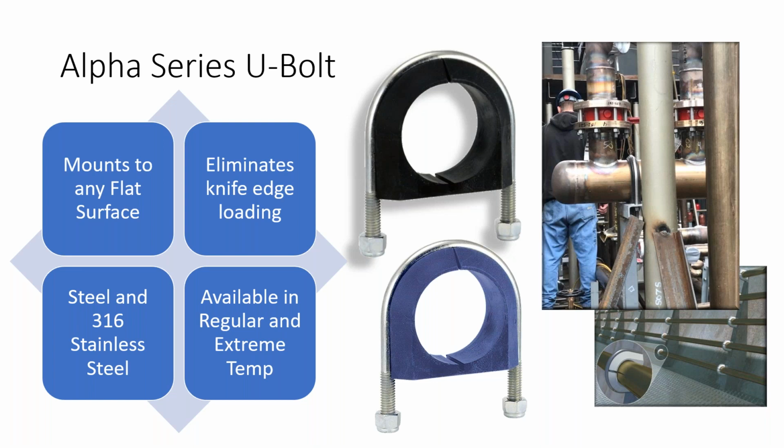The Alpha Series U-bolt has a living hinge, as you see right here. So that makes it easy to open the clamp. All of the blue and all of the orange cushions, so the high temperature and the high intensity, also have UV protection. So that's great when you have something out in Arizona and it's getting a lot of sun. It mounts to any flat surface. It can hold some really large lines, like up to 6-inch, steel and 3/16 stainless,